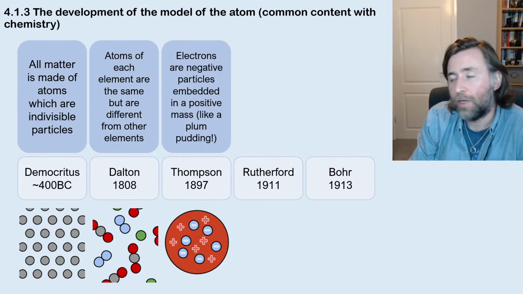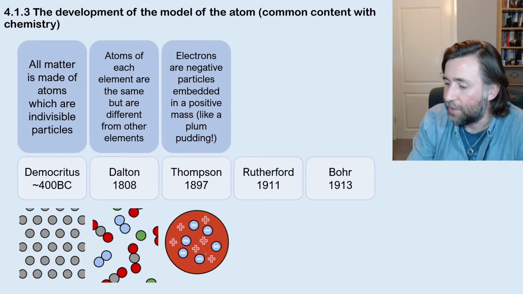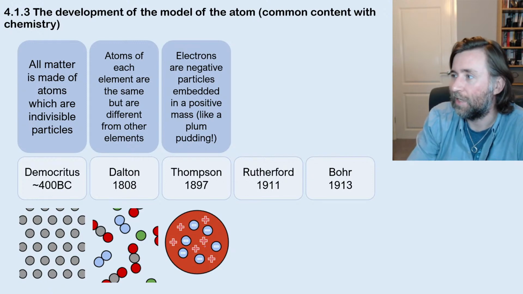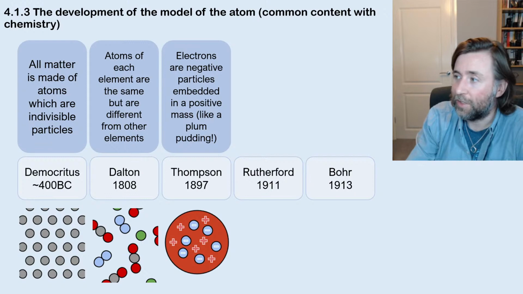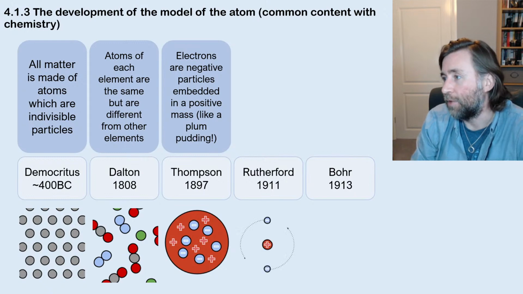He found that a particle in a cathode ray was actually negative and had mass, and so that is what these negative things in this plum pudding model are. He said the atom is a bit like a plum pudding, a bit like a cake, and the cake is the positive stuff, and you can remove these little things that are embedded, like plums,